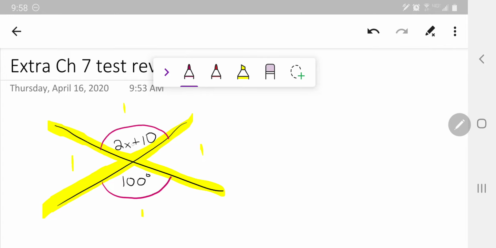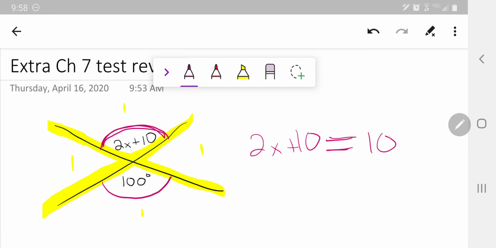All right, what do we call these ones that are opposite on intersecting lines? We call them vertical angles, and we know that they are equal. That's our big word, equal. All right, congruent. So whatever the one angle is, 2x plus 10, it has to be equal to